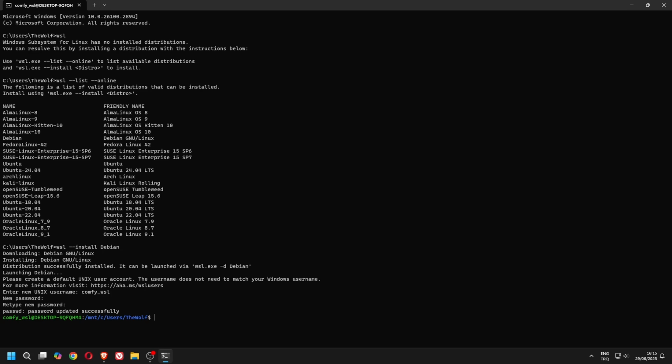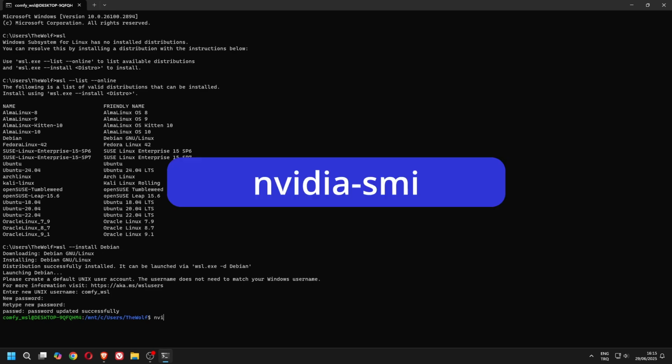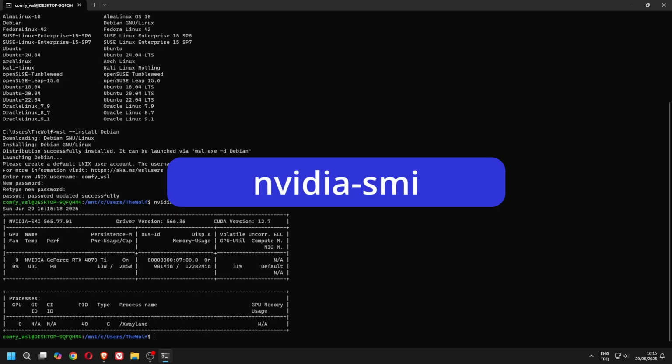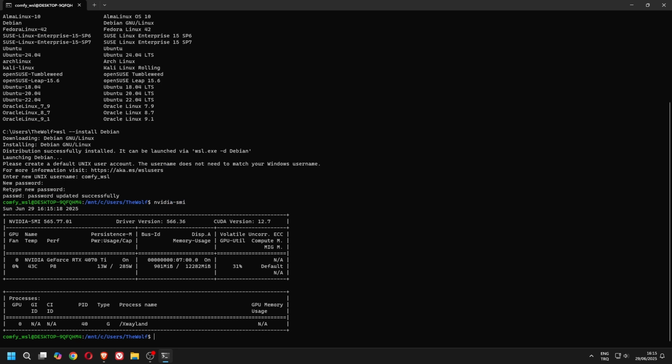Now the first thing you should do is check GPU access in the WSL by typing nvidia-smi. If you don't see monitoring results in a table like this, it means there is a communication problem between WSL and your hardware. Make sure your NVIDIA driver isn't outdated. It doesn't have to be the latest, but it shouldn't be very old either. If nvidia-smi doesn't work for you, you'll need to solve that issue before continuing. Otherwise, the rest of the steps won't work.